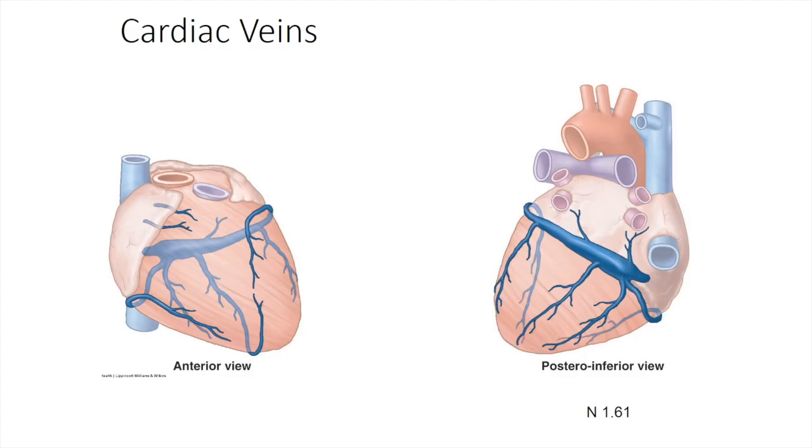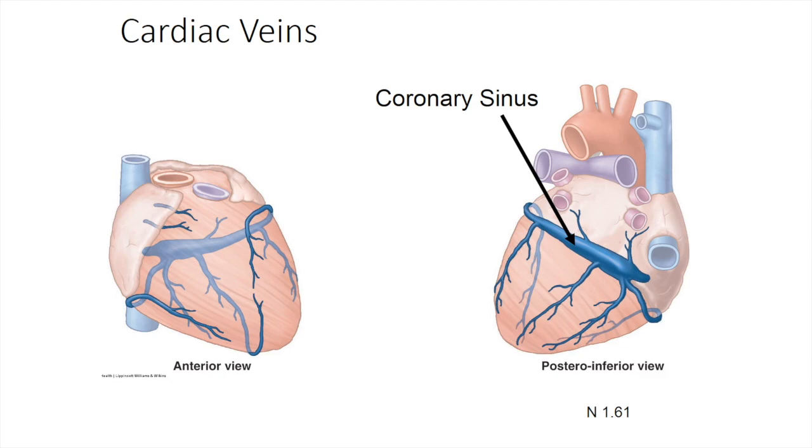Here you see the cardiac veins. Let's start by talking about the coronary sinus, because this is the main tributary where all of the veins we're going to talk about are draining to. You may recall when we talked about the right atrium's internal features, we talked about the opening of the coronary sinus. This is that coronary sinus. And so all the blood that's vascularizing the heart from those coronary arteries is going to come back to the right atrium through